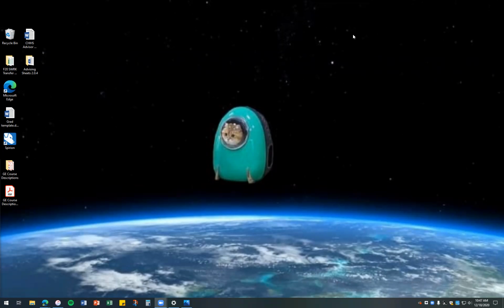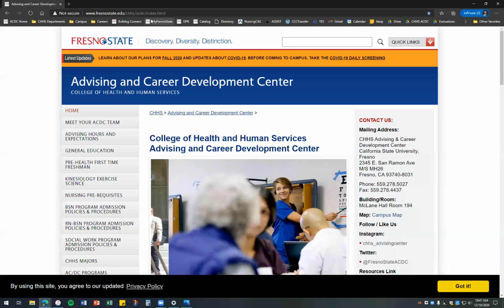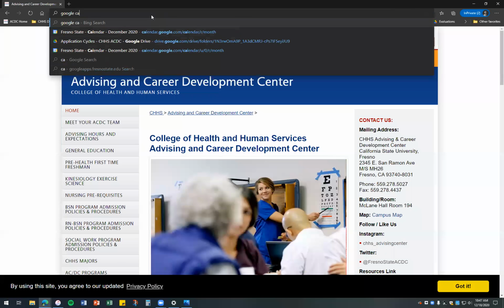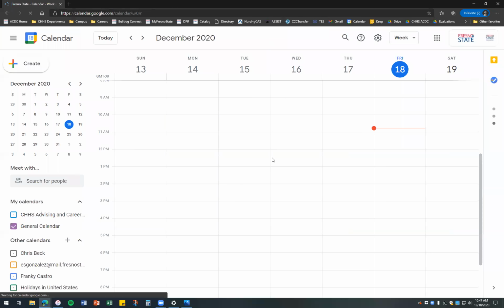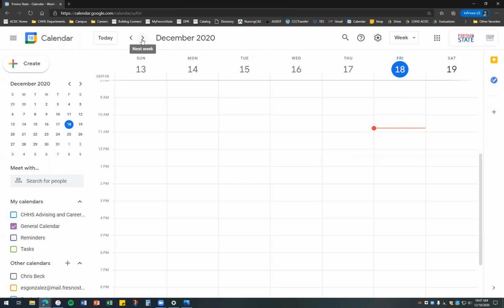Today, I'll be showing you how to make Google Calendar into a digital planner for your classes and other assignments. So first, we'll go to Google Calendar by going to Google and typing in Google Calendar. Once we're here, it should look pretty blank if you've never used it before. And we'll go ahead and start creating our calendars by first going to the Settings menu